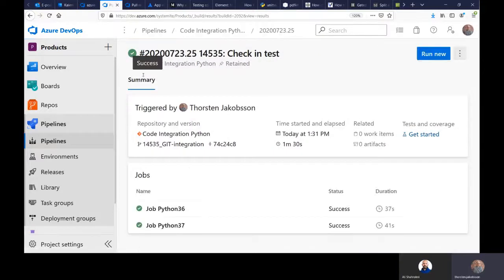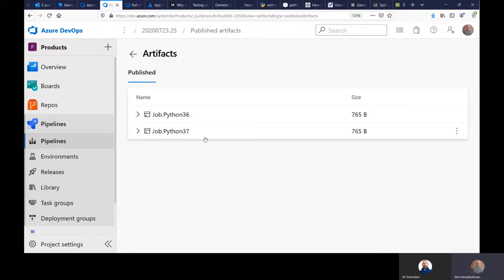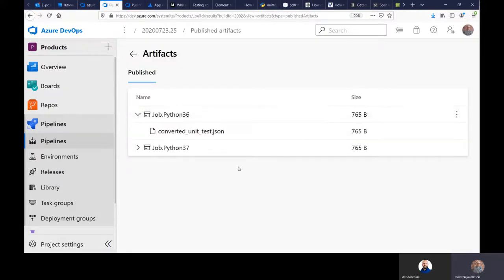Let's see, I move back here. There are different ways to display the results. One is to publish artifacts. So what we did was that we published a JSON file for each run. Maybe we can have a look at this, because this test result is